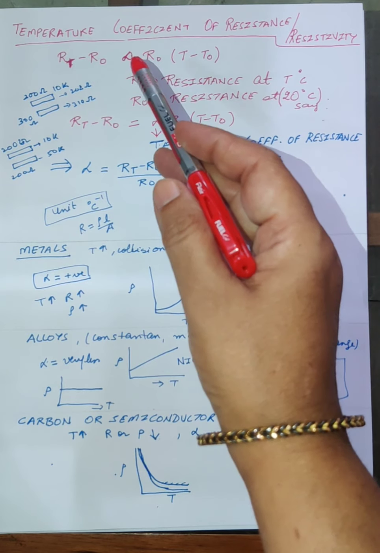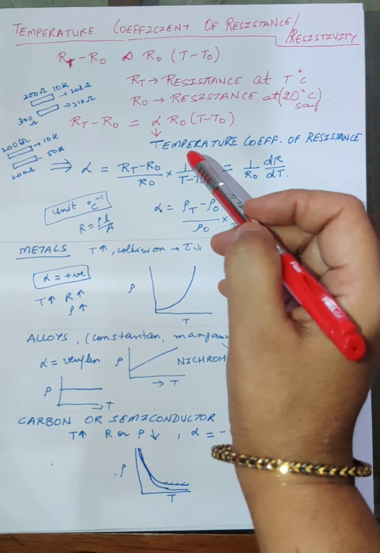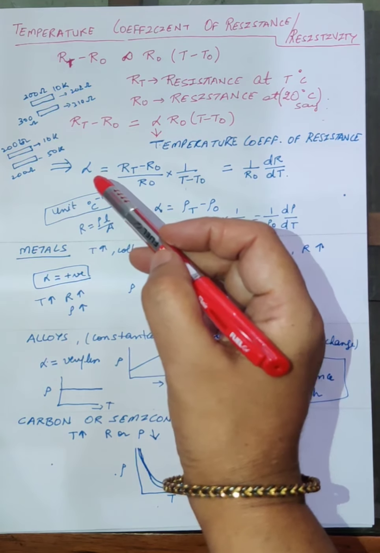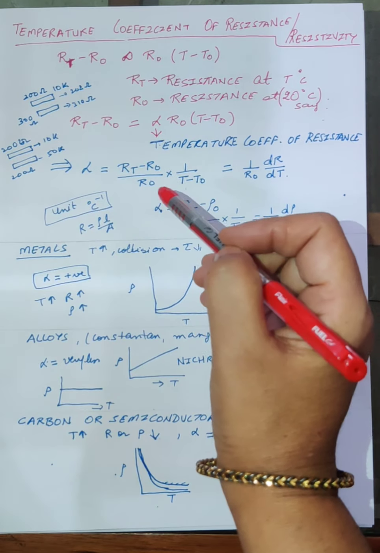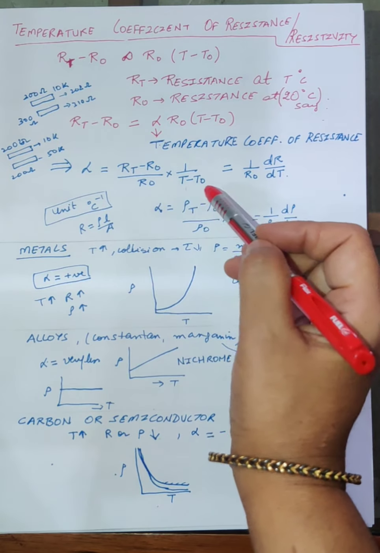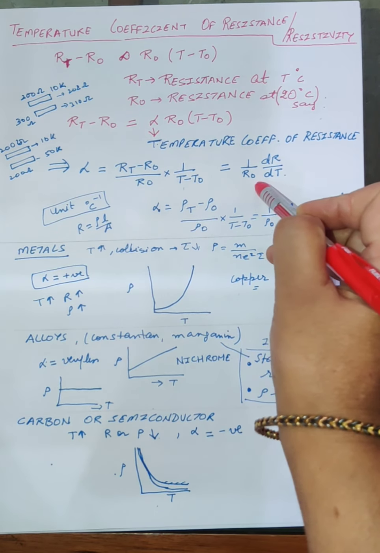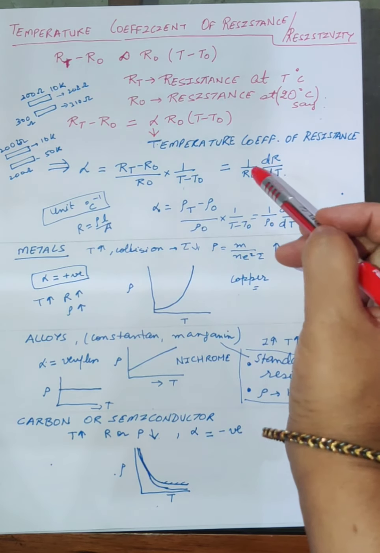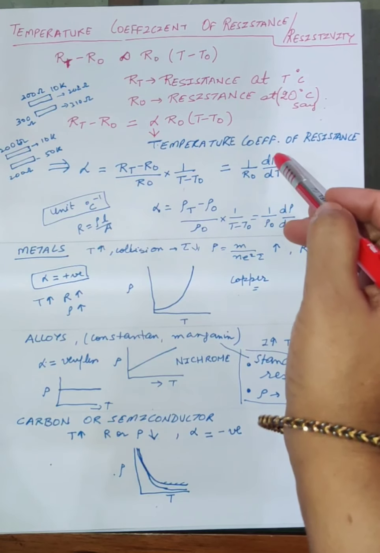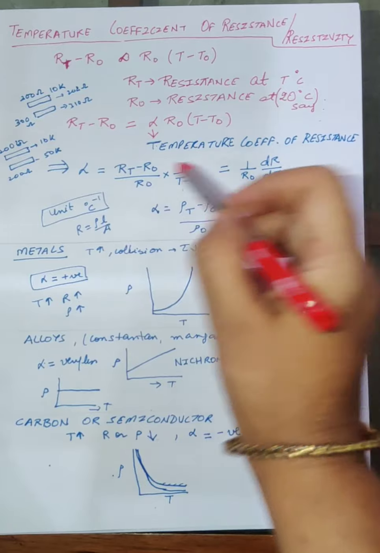Now if you replace this proportionality sign with an equality, you have to write a constant, and this is known as the temperature coefficient of resistance. From here we get the formula for alpha: R_T minus R naught upon R naught, into 1 upon T minus T naught. As you can see, we have rearranged the terms. A simpler form to remember this formula is that alpha is equal to 1 by R naught, the initial resistance, into dR by dT, the change in resistance upon the change in temperature. Alright, so this is my alpha.